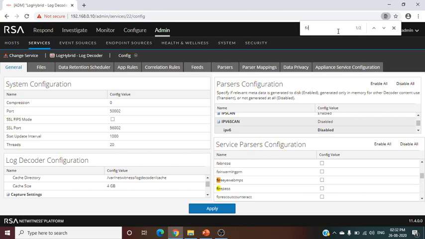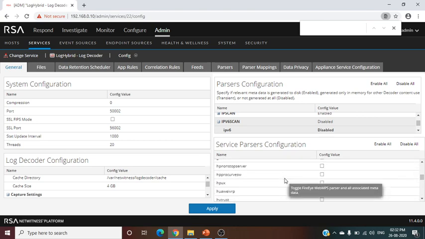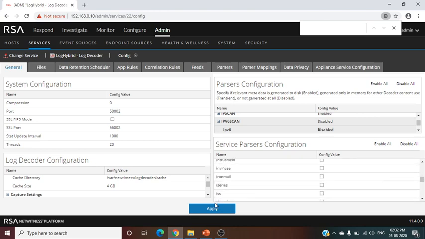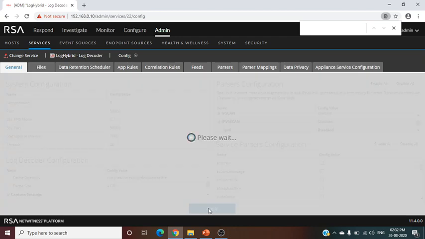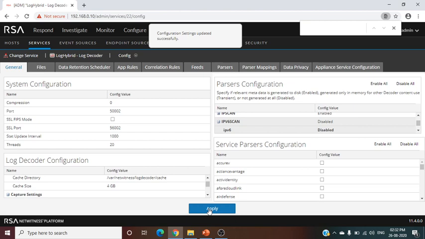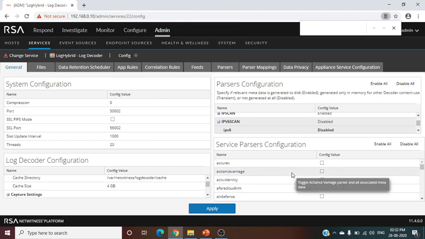If you have any IPS, IDS like FireEye, or EDR solution, you can click on that. Okay. Now we have enabled more parsers. Now click on apply. It is advisable to enable only those parsers which are required and disable the rest, to reduce processing resource consumption.